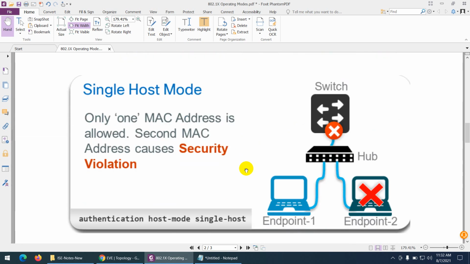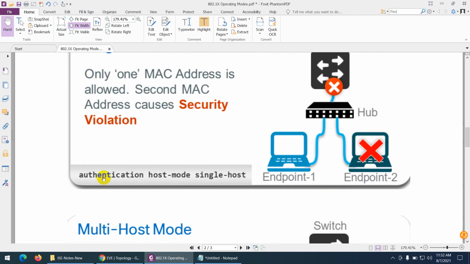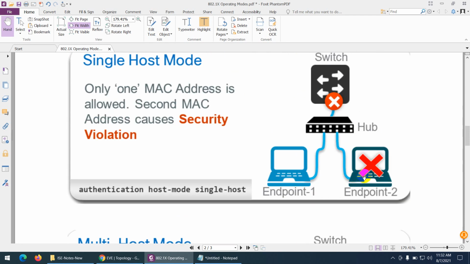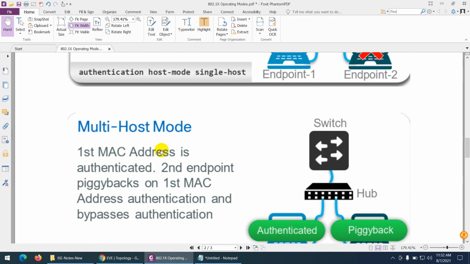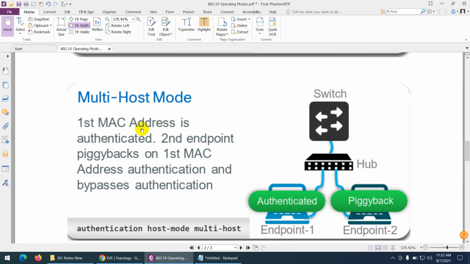So keep in mind the difference between multi-host and multi-authentication. Last thing, let's go through it theoretically. Single host: only one MAC address is allowed, and a second MAC address causes a security violation. The command is authentication host mode single-host. When a second PC connects, it will be discarded and the port will generate a security violation, which we checked. In multi-host mode, the first MAC address has to authenticate. The first MAC address is authenticated, and the second endpoint piggybacks